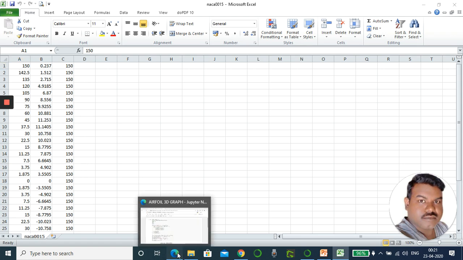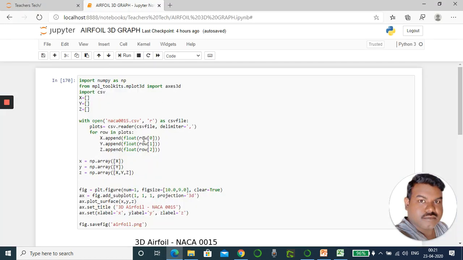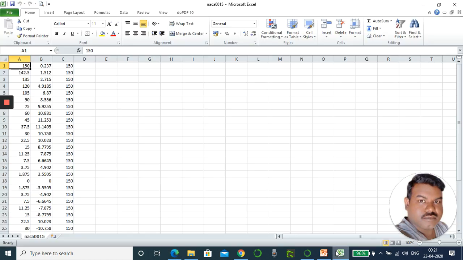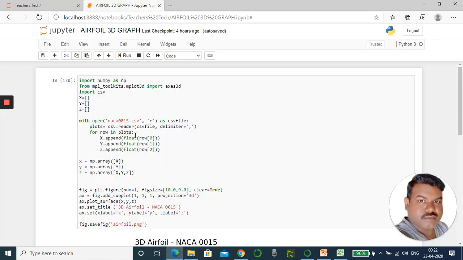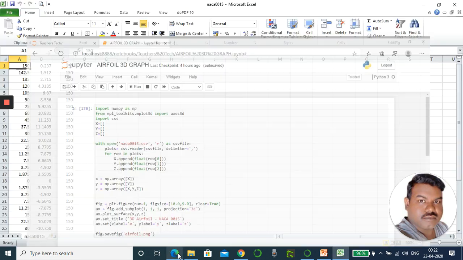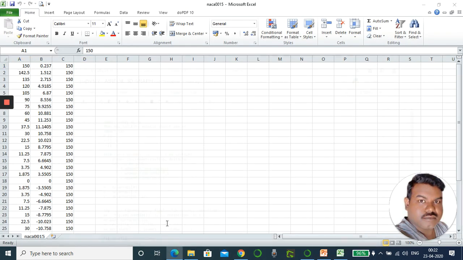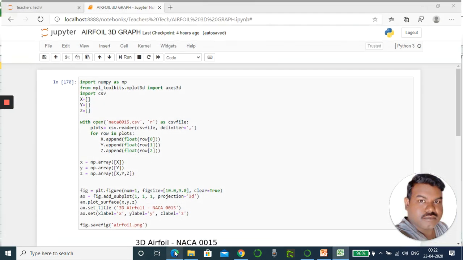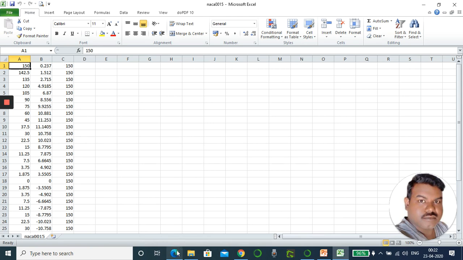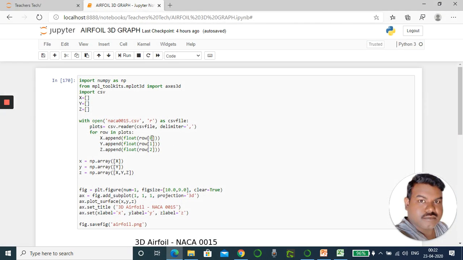Okay, see here, this row 0 is nothing but the first one, A, and row 1 is nothing but B, and row 2 is nothing but C. So whatever the data in row 0, that is the A column, everything is going to be added in this empty cell.